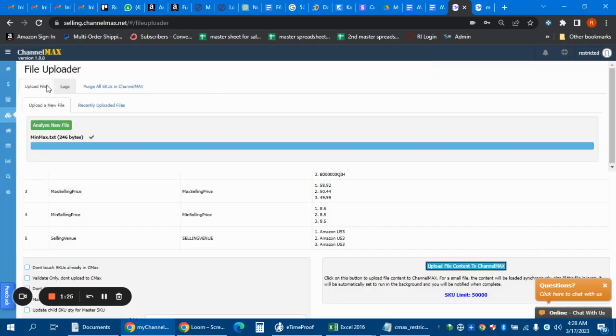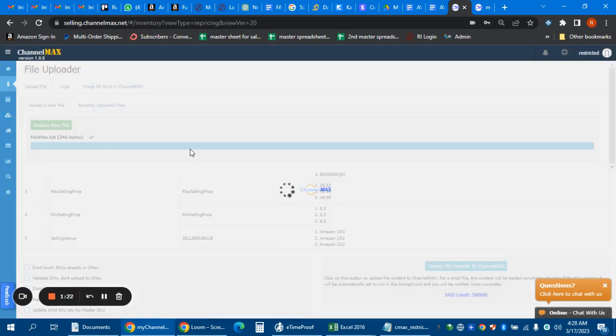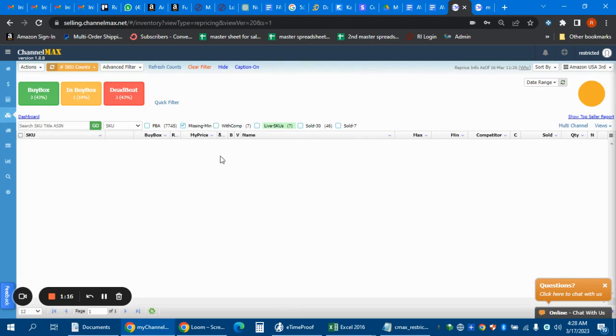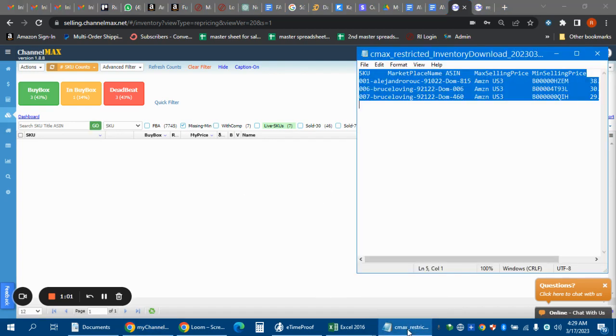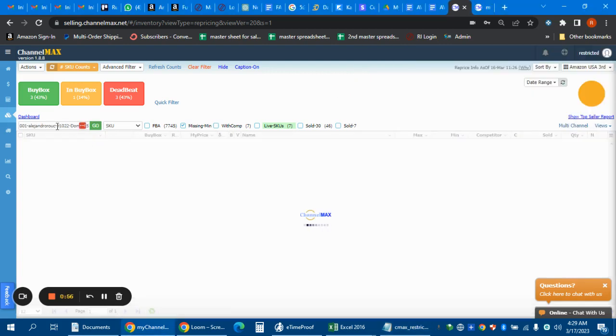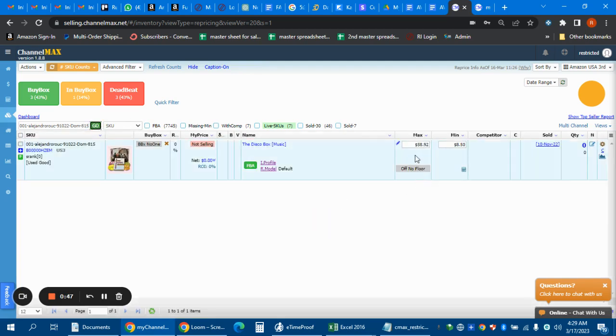After that, we will check now on the pricing if all have their minimum and maximum price. As you will notice, at the Amazon US3, the missing minimum price is checked and there's no SKU showing without minimum price. Therefore, all SKUs are assigned a minimum and maximum price. To check, I will show you that they have already a minimum and maximum price. As you can see, they already have a minimum and maximum price.